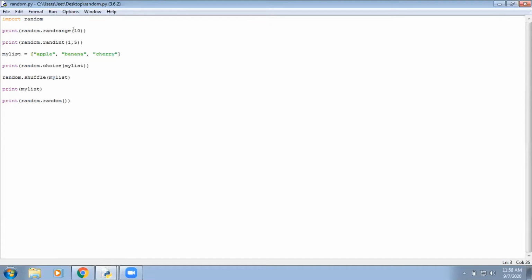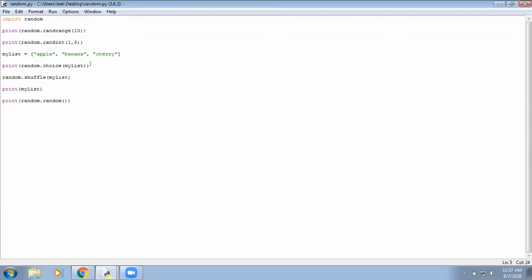Then I'm using randint, it will be printing a random value in the specified range. Like I have given the integer values 1 comma 5, and it will be printing random values in between them. Then I'm declaring a list by writing my list is equal to, and in the list I'm passing the values apple, banana, and cherry.